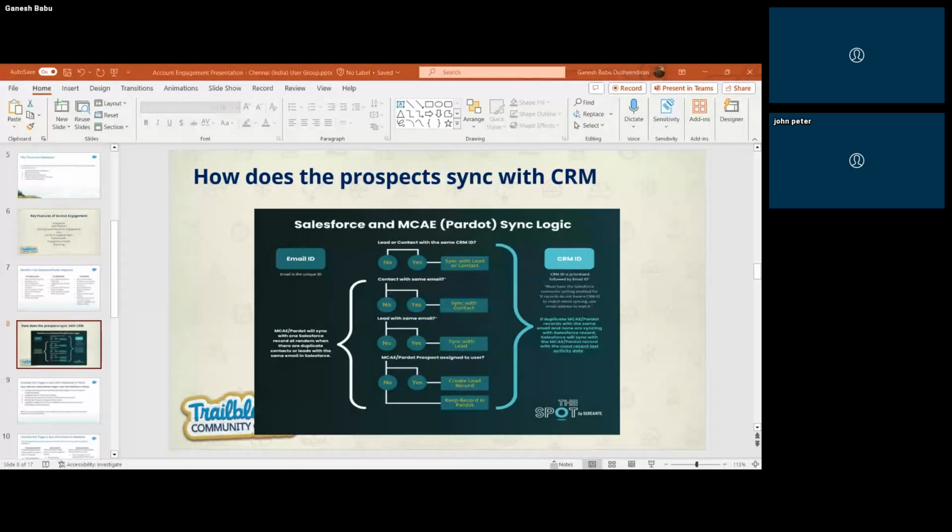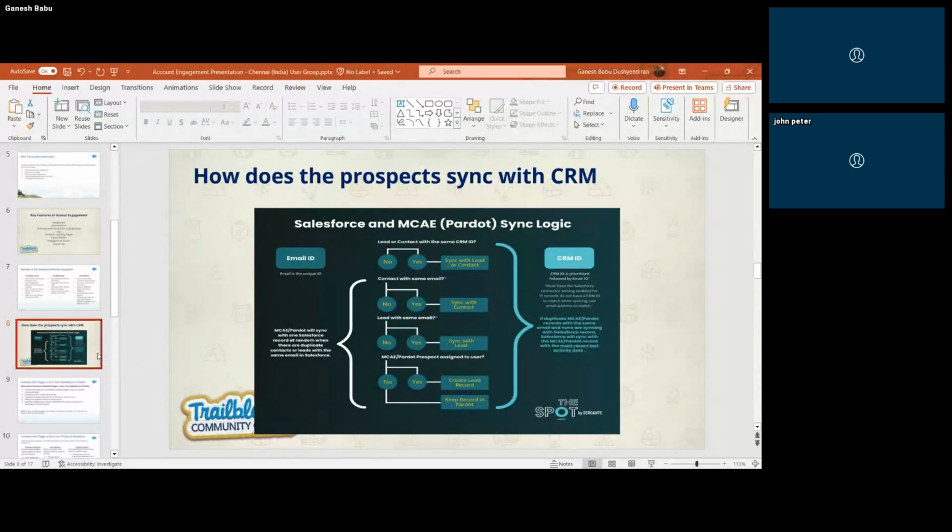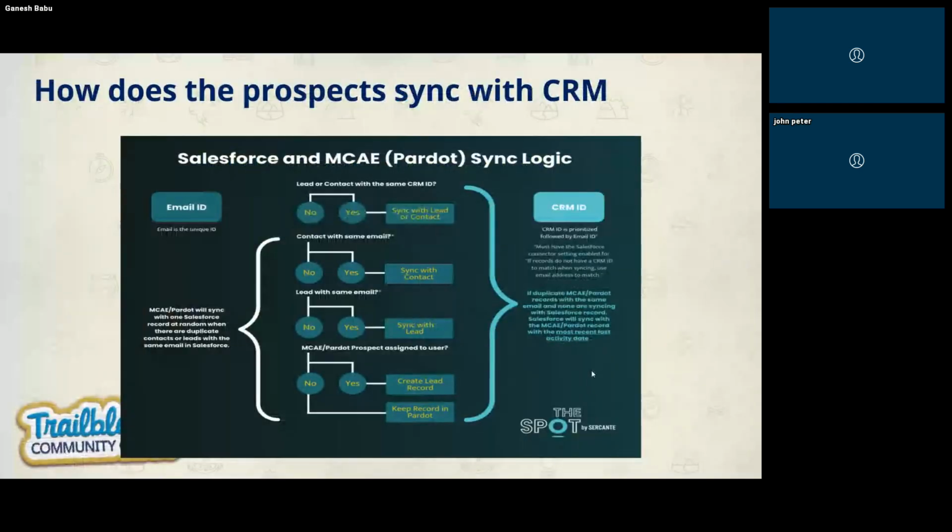Okay. And here you can see how the Pardot sync works, as I've explained. Initially, it will check whether we have an existing CRM ID. If we don't have one, we will check the email ID with the contact. If we don't have any existing email ID with the contact, I'm going to check it with the lead.